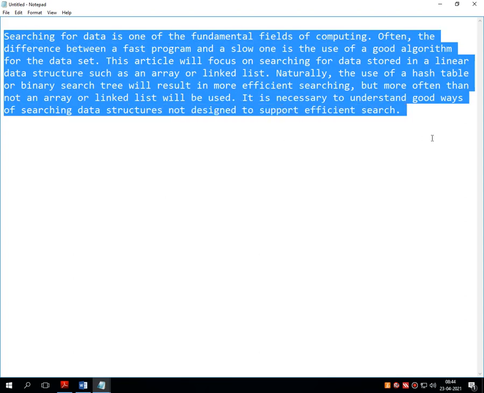Due to this, various searching techniques have been introduced as per the syllabus, that is index search, sequential search and binary search. Of these three, binary search is very important for the university examination.